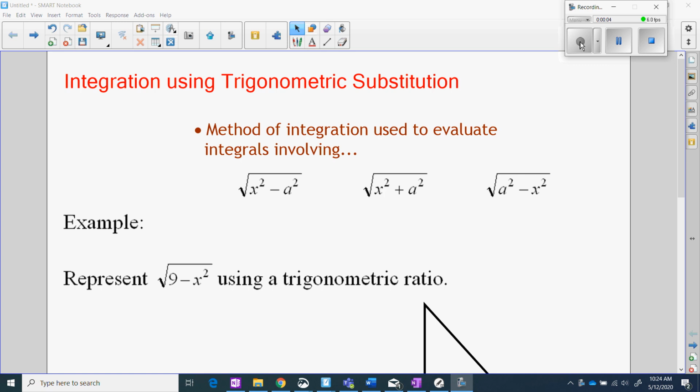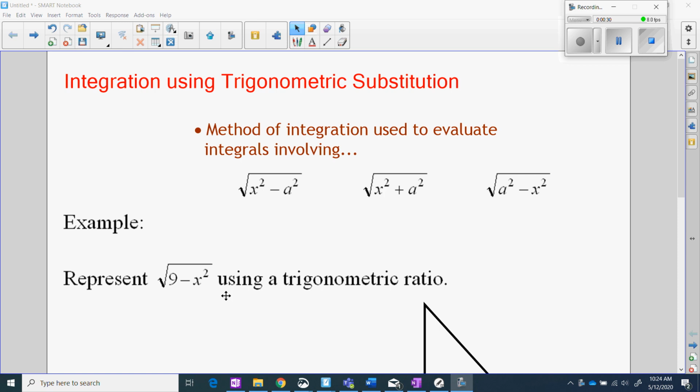This video, we're going to go through another type of strategy we can use to evaluate integrals. This one is called integration using trig substitution. Now, don't be misled to think that when you look at it, you'll see trigonometry and say, oh, so I'll use trig substitution. It's just the opposite. It's when you've got situations where there's no trig ratios in the question, but